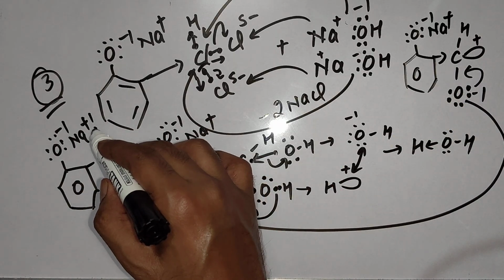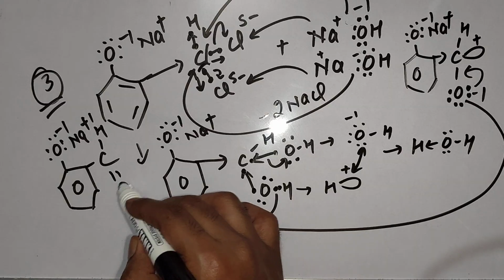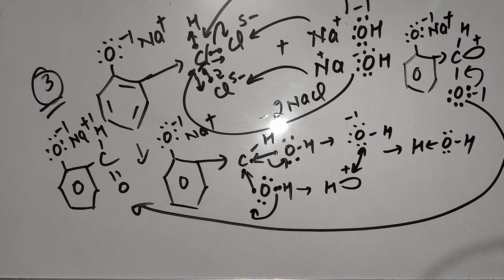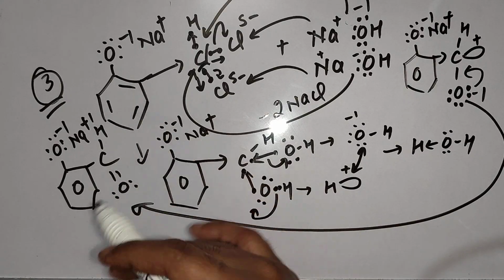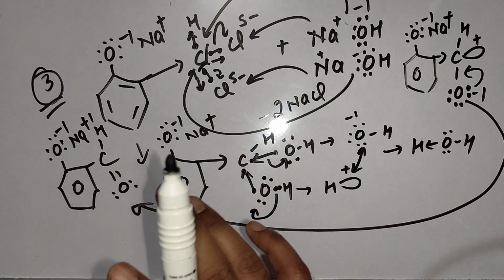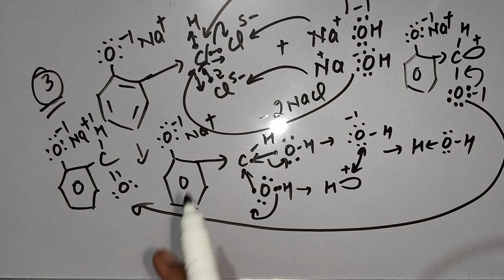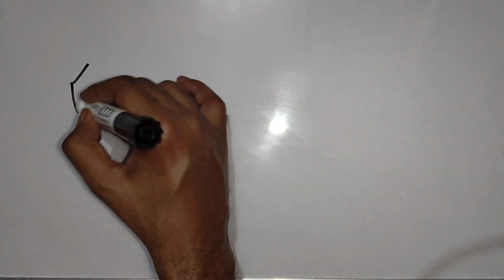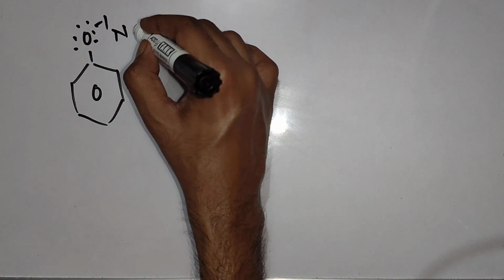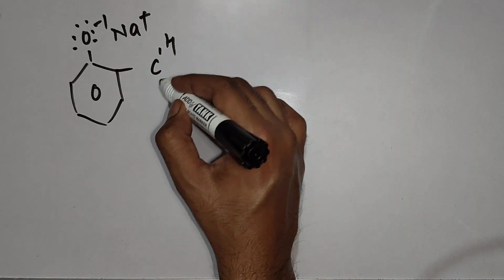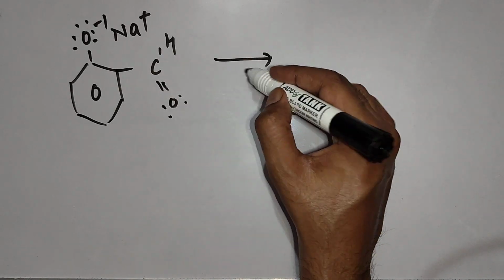H as it is. Between carbon and oxygen, a double bond will generate, this one, the CHO group, aldehydic group, and 2 pairs will be left because 1 pair it will use to make a bond with carbon. That's it. What is generated? Sodium salicylaldehyde. So this is the third step, and after this generation of sodium salicylaldehyde, you know what will happen? We have to treat this molecule with dilute